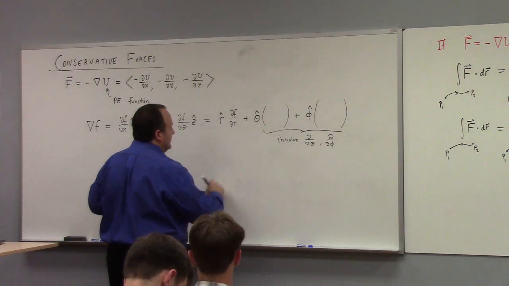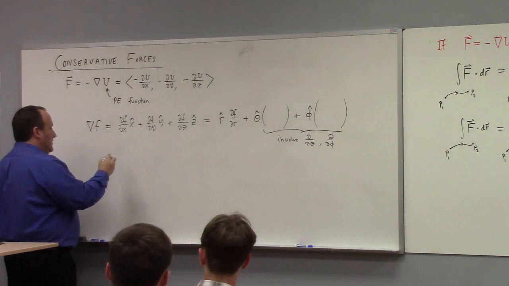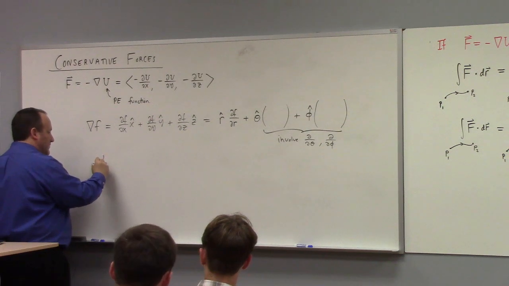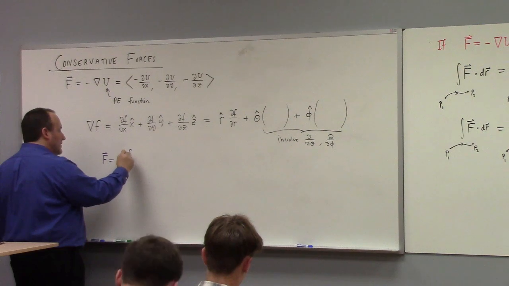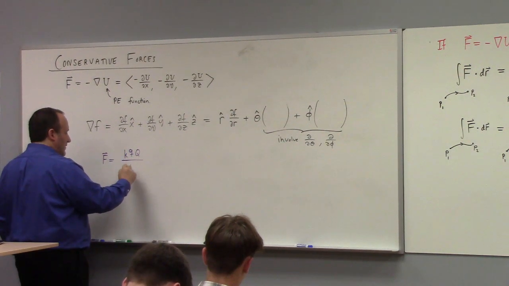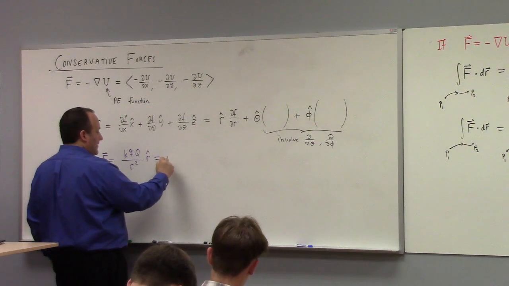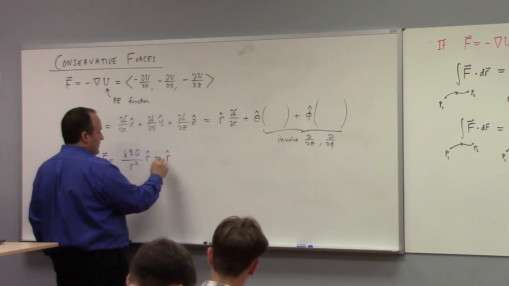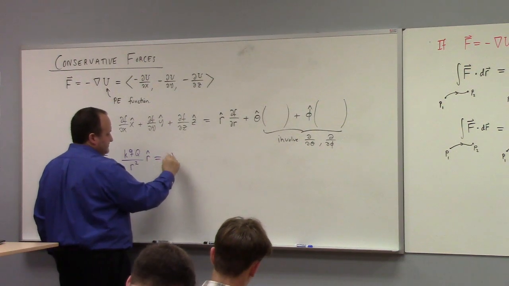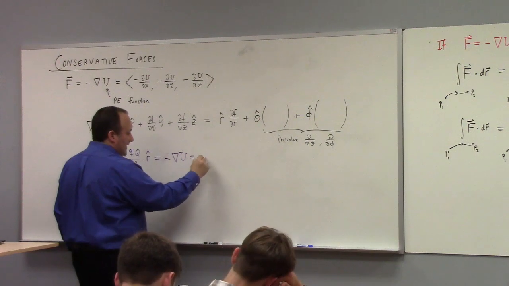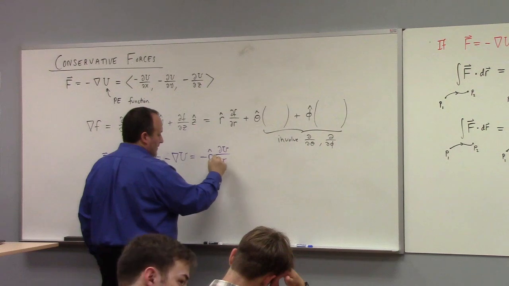But, so this is the gradient in spherical. So with that in mind, you're trying to take the Coulomb force, F equals K Q over r squared r hat, and you're trying to equal it to minus the gradient of the potential energy, because it's potential energy. That is minus r hat partial u, partial r, plus,